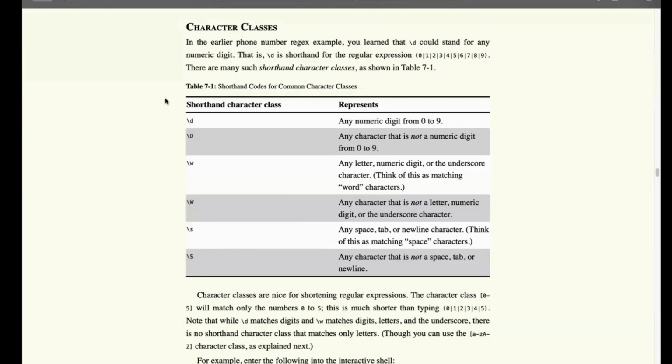Some of the shorthand character classes that make it easier if you're looking for a bundle of things are the following. This slash lowercase d will be looking for anything with a 0 to 9 integer digit in it. So if you were looking to create a regular expression to find phone numbers from a sequence of text, instead of saying, okay, if the first number is between 0 and 9, do this, if the second number is between 0 and 9, do this, if the next number is between 0 and 9, do this,